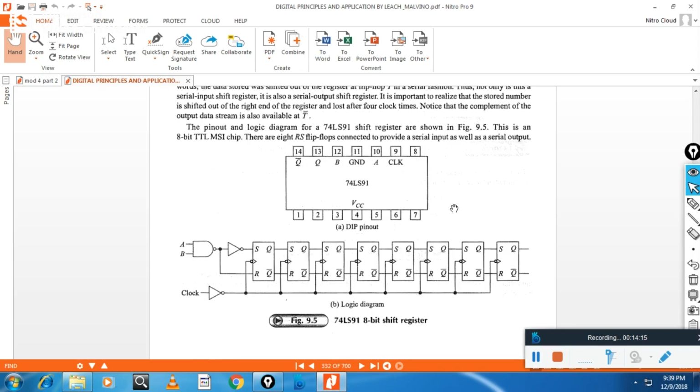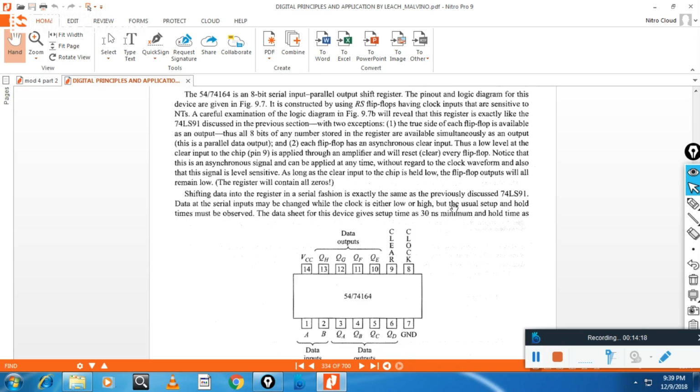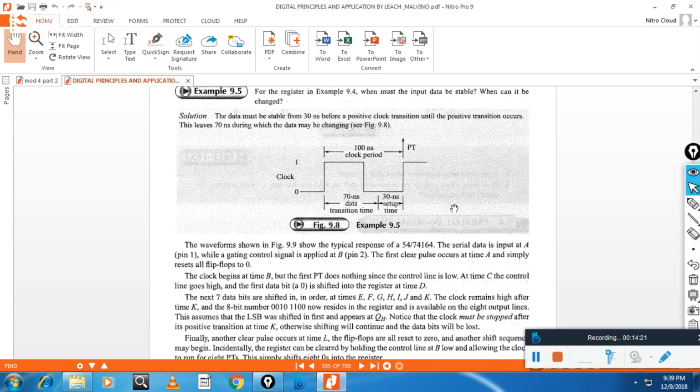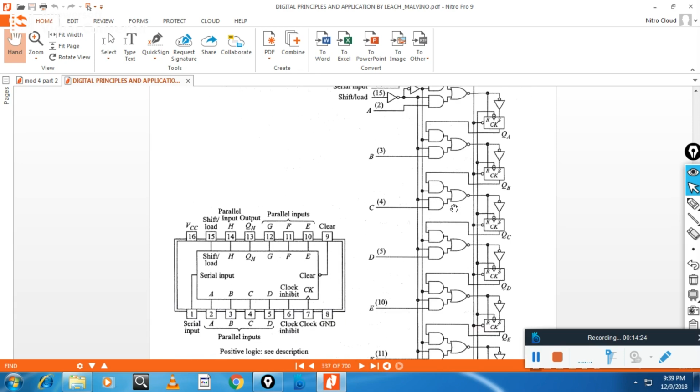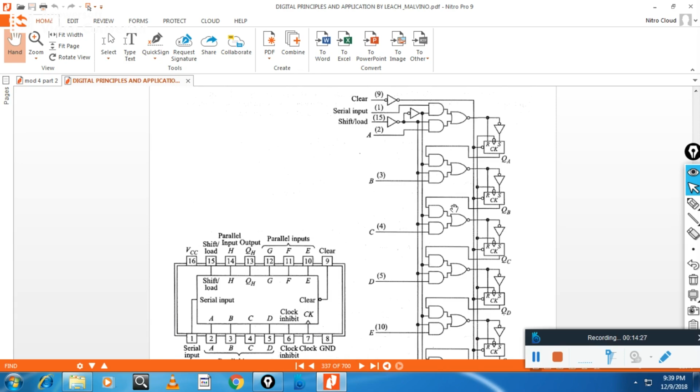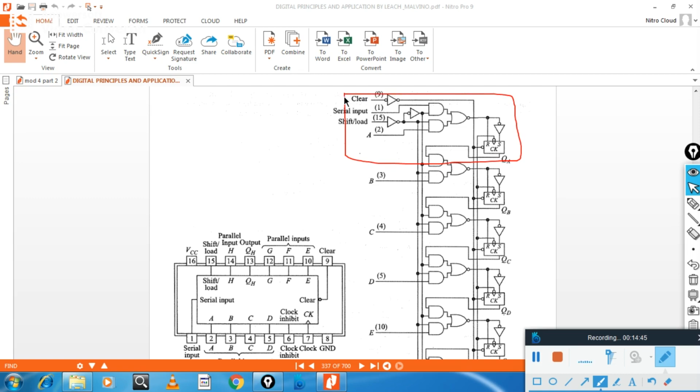So we will see now parallel in serial out. The diagram of the parallel in serial out you can see here. In the exam they may ask you to write 8-bit or 4-bit. Even though the diagram looks somewhat complicated, it's very simple. If you understand one block, that is the starting block, then you can write the entire diagram. So better in the exam, if they ask you to write PISO, write 4-bit, unless they ask for 8-bit. So write 4-bit: A, B, C, D.